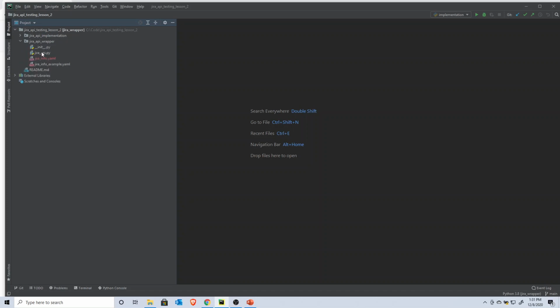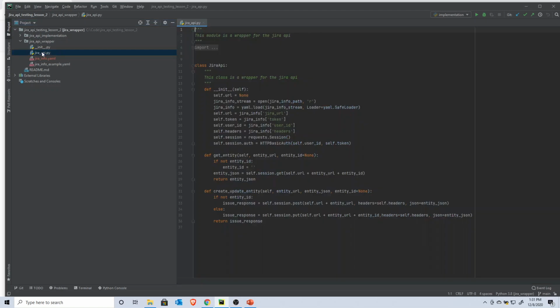And I'll start with the JIRA API code. And as you'll see, I'm no longer passing files to get entity and to create update entity. And they no longer say issue, they say entity. And we're still having some of the basic information like the JIRA URL, the token, the user ID, and the headers. That's still being passed at the API level. Okay, now